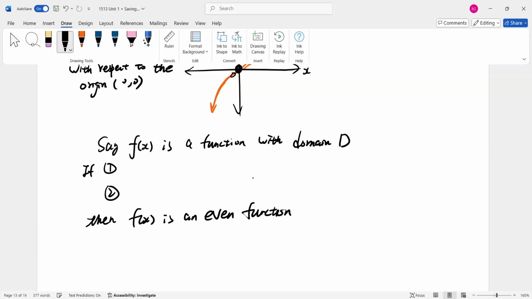You see the similarity between the two definitions, odd and even. The first condition is exactly the same as earlier: the domain is symmetric